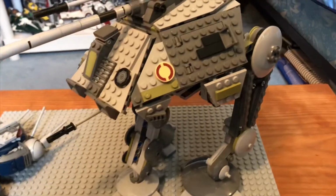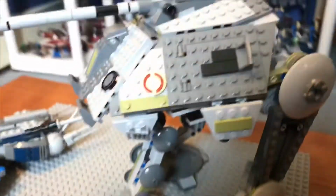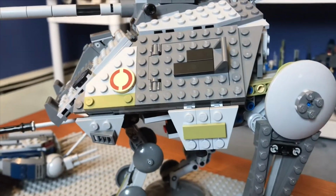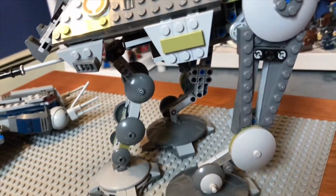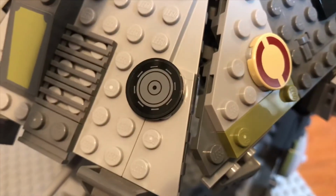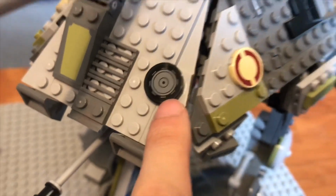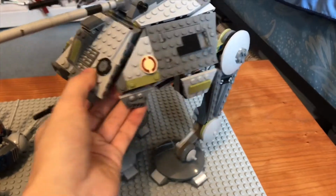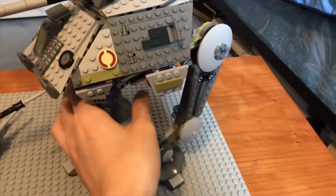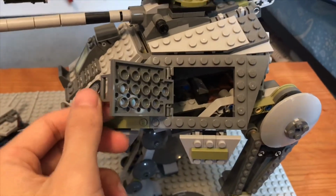Going to the AT-AP walker, this thing is so beautiful. First off, I just love the design that went into this. It's a huge improvement from the original AT-AP walker we got back in, I want to say 2005 as well. You got the sticker that's supposed to describe the hatch that the clones would open and go into, but obviously this isn't minifig scale. So instead we have 2 hatches on either side that open up that will show the inside